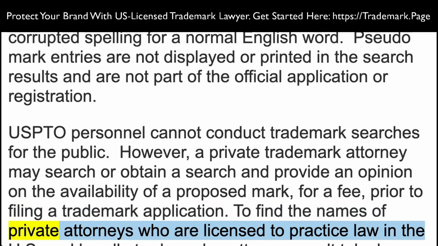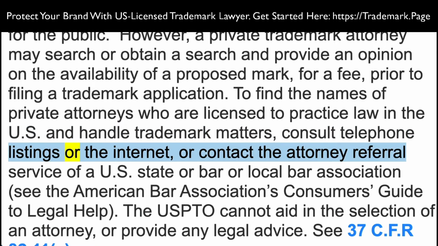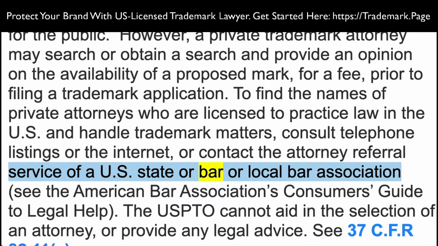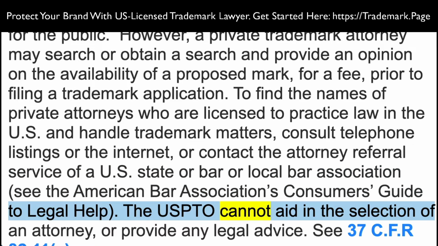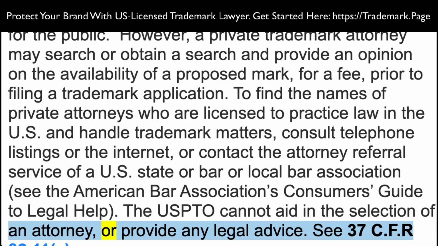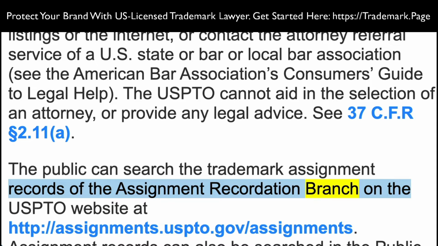To find the names of private attorneys who are licensed to practice law in the U.S. and handle trademark matters, consult telephone listings or the Internet, or contact the Attorney Referral Service of a U.S. state bar or local bar association. See the American Bar Association's Consumer's Guide to Legal Help. The USPTO cannot aid in the selection of an attorney or provide any legal advice. See 37 C.F.R. Section 2.11(a). The public can search the trademark assignment records of the Assignment Recordation Branch on the USPTO